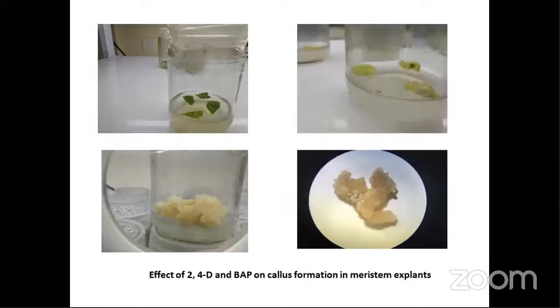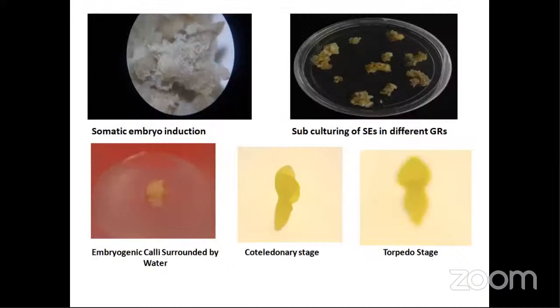This is the incubation of explant after sterilization for callus induction. Here the induction of callus is by using various concentrations of 2,4-D and BAP separately. Once you get sufficient quantity of callus, then we subculture it for somatic embryogenesis by using different concentrations of BAP, kinetin, and 2,4-D in MS medium. After somatic embryo production, there is singulation of somatic embryos.